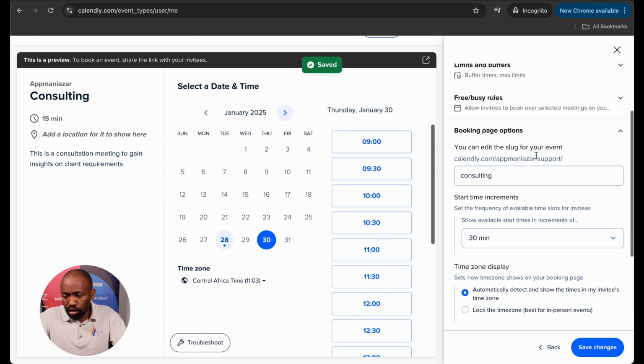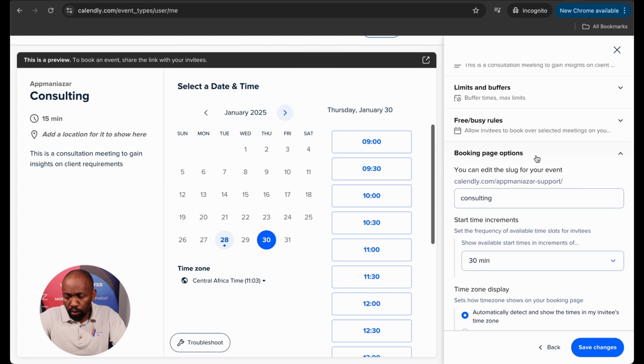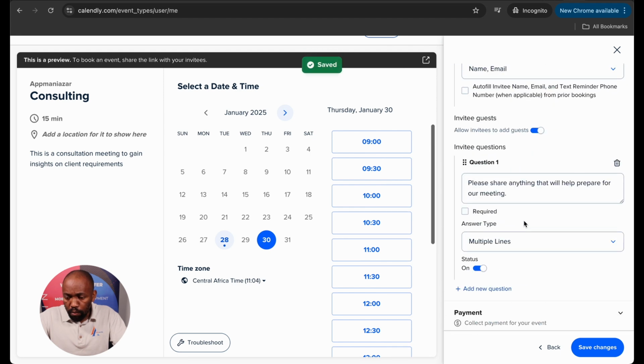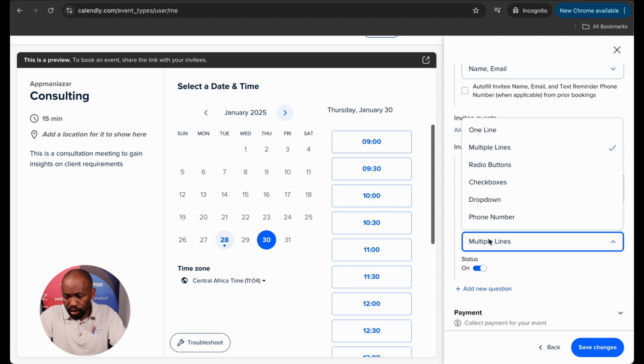There are other options that you can also enable here, like the booking page options, also the invitee form. So what Calendly does is it would send a confirmation email to the person that's booking you. Beforehand, you can ask them questions, and then say, please share something that's relevant to the meeting or the consultation. You've got the option to use the current preset question, or you can add your own question, and the answer types can be